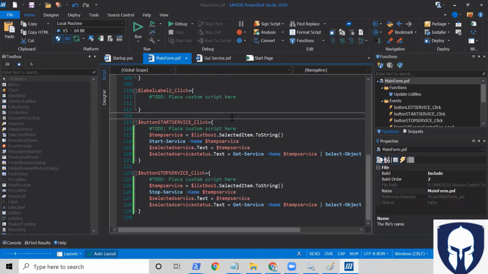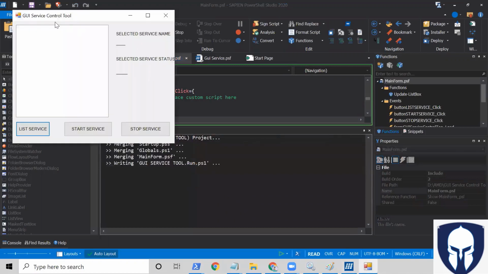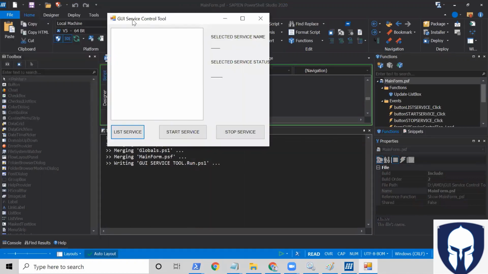So now we did this for service, right? Can you try, instead of service, a process? Let's list all the processes. So the same thing. Make sure you change to graphical user interface. Instead of service, let's do it as a process, and then you can try all these things, change everything,